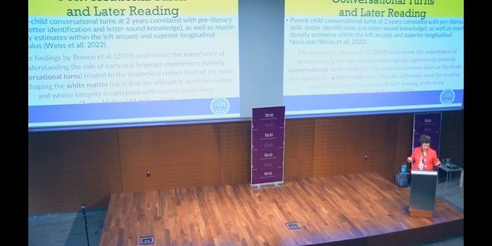So, conversational turns and reading. Conversational turns at the age of 2 correlate with pre-literacy skills, such as letter identification and letter sound knowledge at age 5, and myelin density, which we've talked about. And it happens in very specific areas of the brain that we use for reading. You know what those areas of the brain are? They're your language areas, because